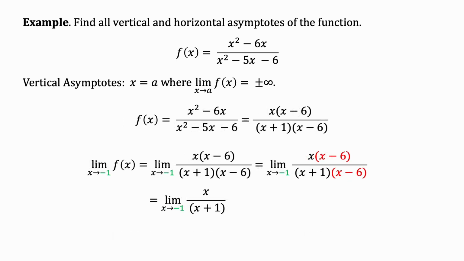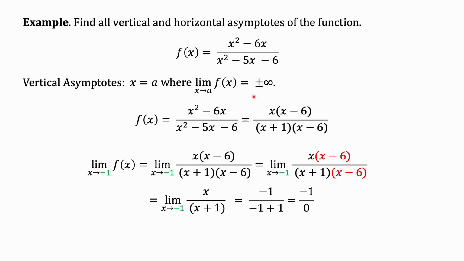All right. Let's take the limit as x approaches minus 1. The only change we have to make is changing where the limit is tending to, so change all those 6's in our limit to minus 1's. All the other work that we did is exactly the same. We don't have to redo that work, so we can still cancel the x minus 6. Then we get to our limit as x approaches minus 1 of x over x plus 1. And when we plug in, we get something that is mathematically not allowed. We have negative 1 in the numerator, but we have 0 in the denominator. So negative 1 over 0 tells us that